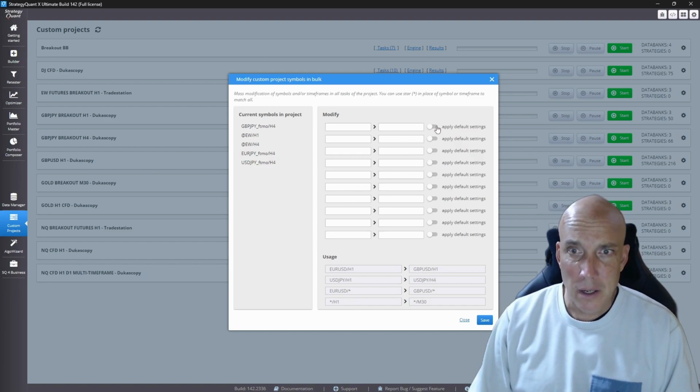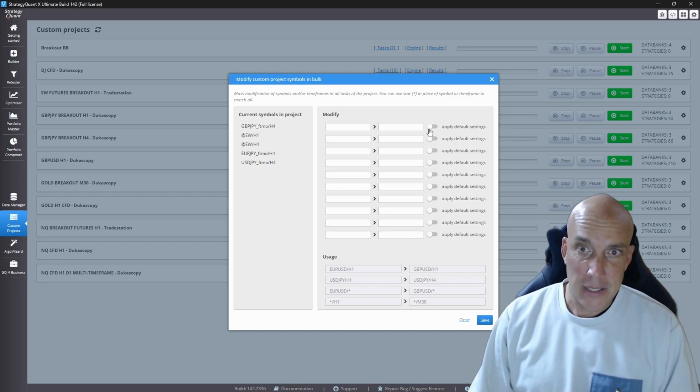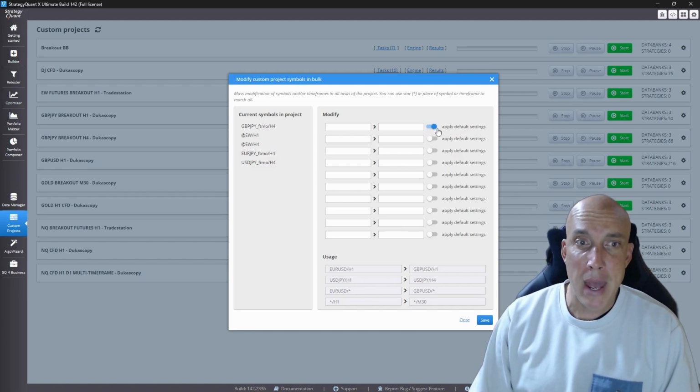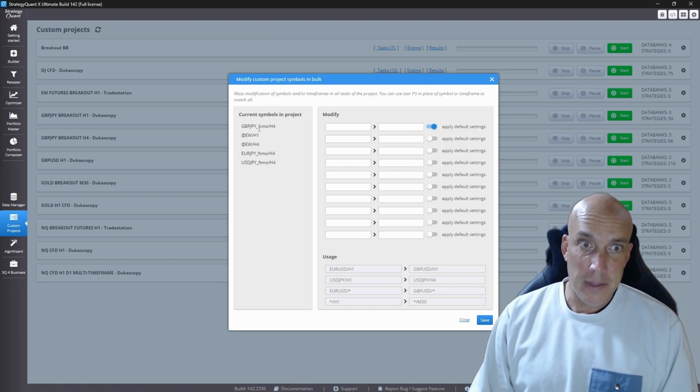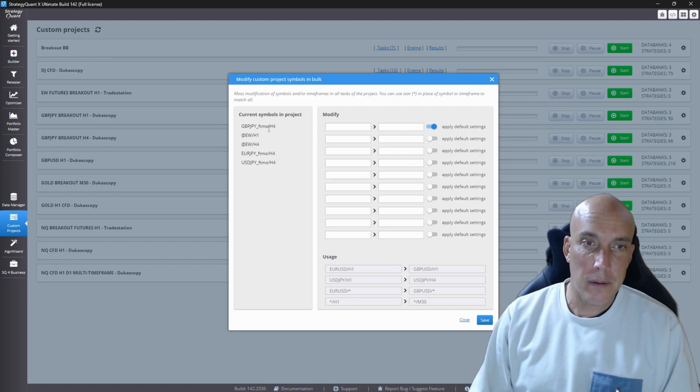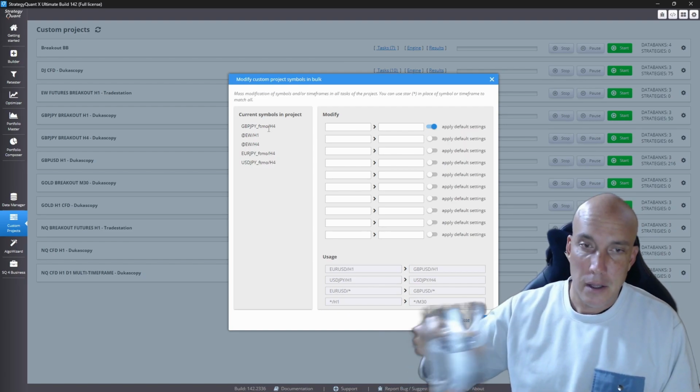What does this mean? Apply default settings. Why do you want to do that? Apply default settings is a good thing. You want to click this because then you don't have to manually do it. What this means is that it's going to add the FTMO spread and slippage, swap rates, and